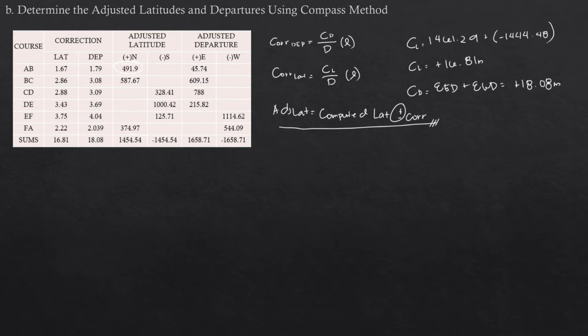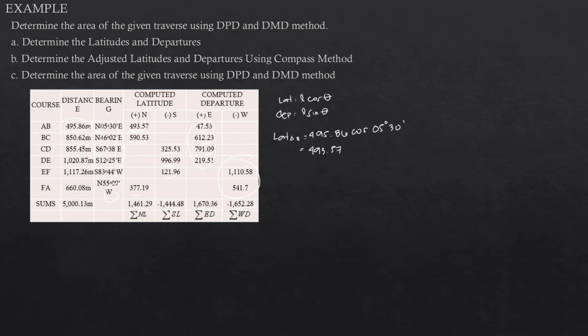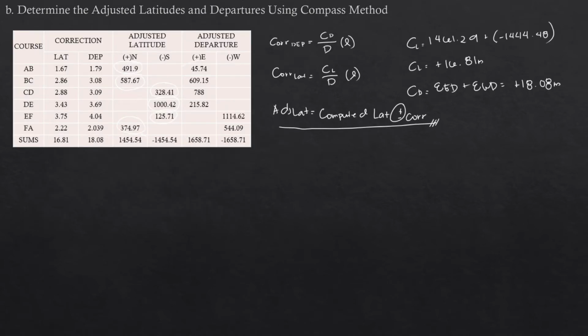Kung medyo nalilito pa dito sa first 3 steps ng pagkuha ng area, balikan nyo yung part 2 na-discuss to ng mas maigi. Itong part na yan, yung compass method sa pagkuha ng latitude and departure. Okay, so ito na yon mga nakuha nating adjusted values. Then after nun, doon na tayo sa